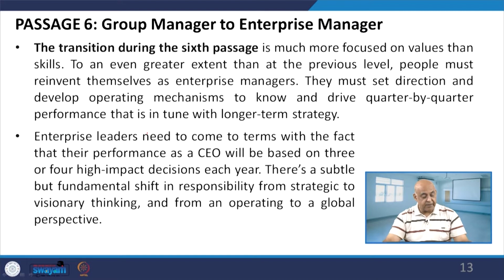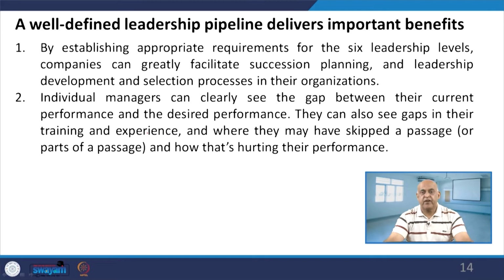There is a subtle but fundamental shift in responsibility from the strategic to the visionary. Therefore, in that case, leaders from the managing self to the enterprise manager, a complete pipeline, a visionary pipeline, will be developed. By establishing appropriate requirements for the 6 leadership levels, companies can greatly facilitate succession planning and leadership development and selection